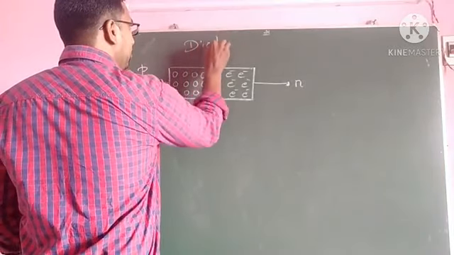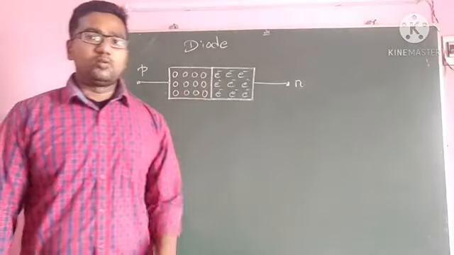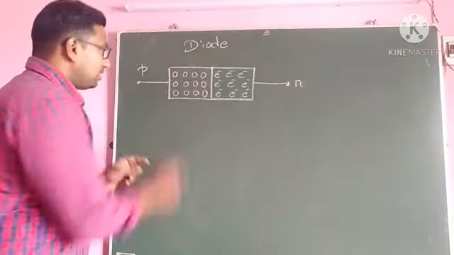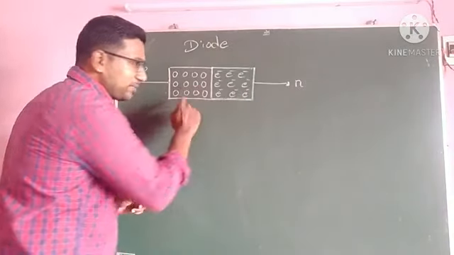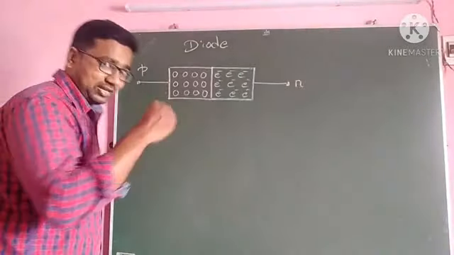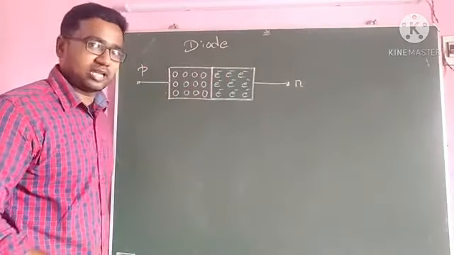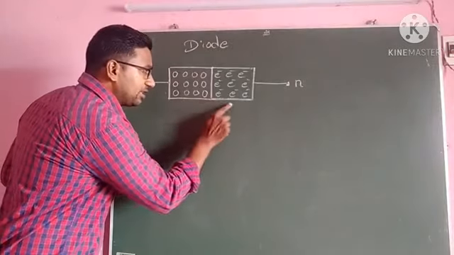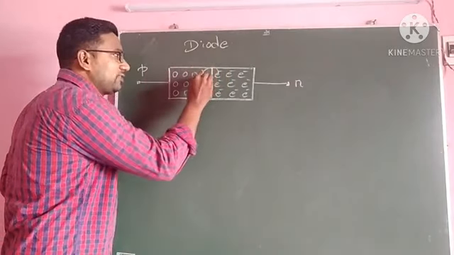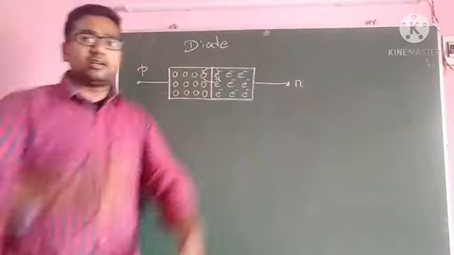Diode. Now I am going to combine the two extrinsic semiconductors. What are the two extrinsic semiconductors? One is p-type, another one is n-type. The p-type semiconductor and the n-type semiconductor I am going to join. By the Coulombic force, naturally, the electrons and holes will be attracted. If you combine these two semiconductors, electrons are attracted by the holes as well as holes are attracted by the electrons. So they will recombine.